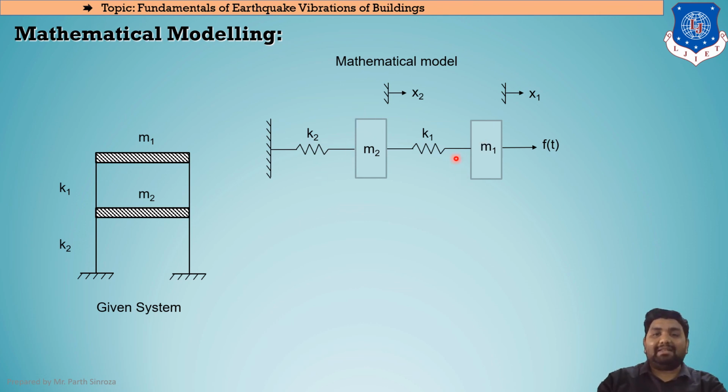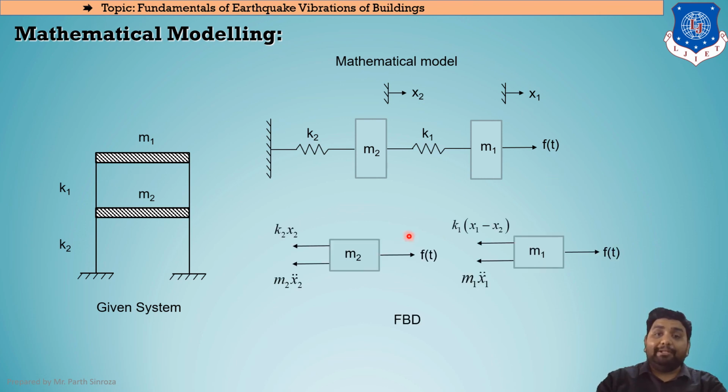In the previous scenario there was only one mass, so the total displacement was dependent on that mass only, but here two masses are given, that is M1 and M2. So the displacement corresponding to M2 we take to be x2, and the displacement corresponding to M1 we take as x1. Clear? So this will be our mathematical model of this system. Now considering the free body diagram, we need to identify the free body diagrams of both the masses separately. If we are talking about M2, then this will be our M2. There is no damper connected, so C x dot will not come into the picture. Only there will be inertia force and spring force. So inertia force due to M2 will be M2 into x2 double dot, and this will be K2 x2.